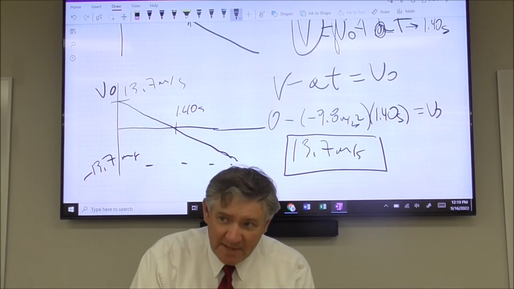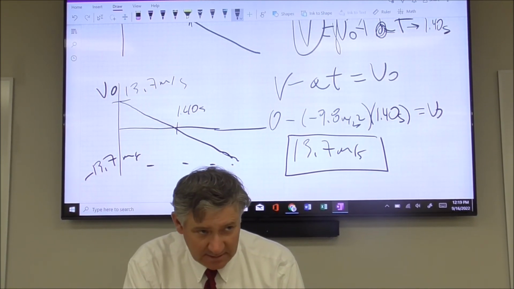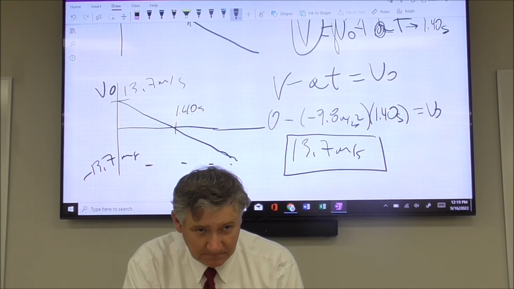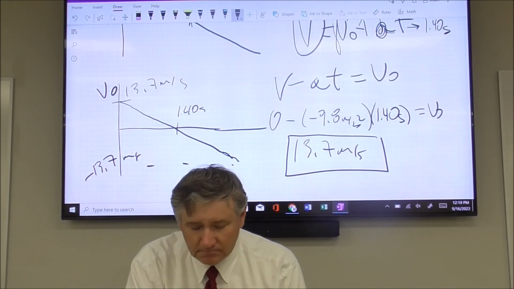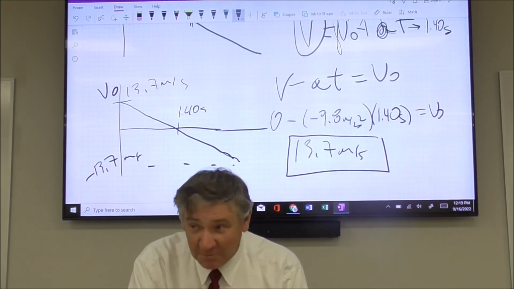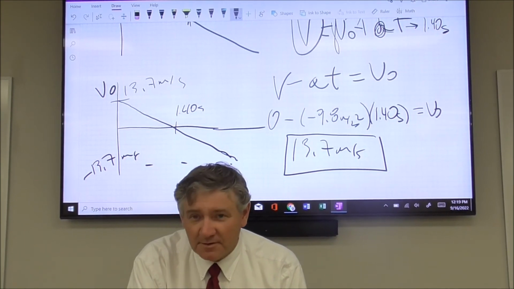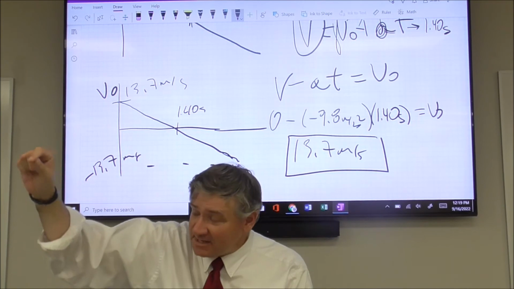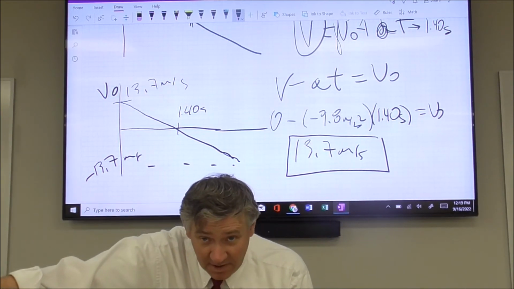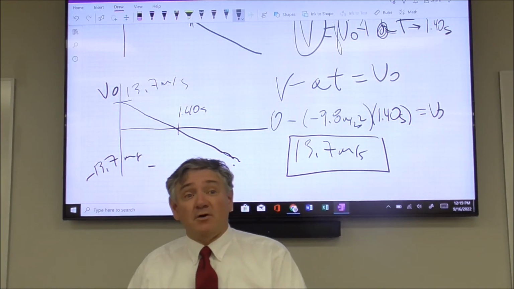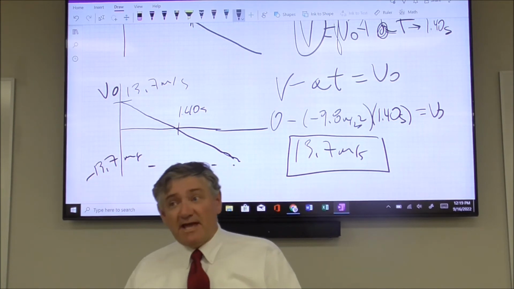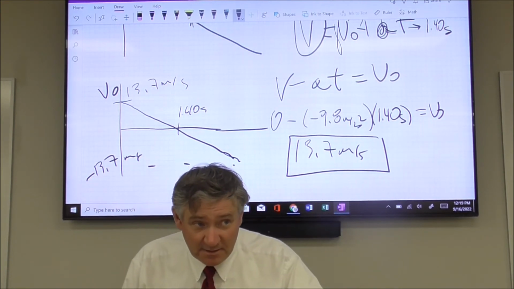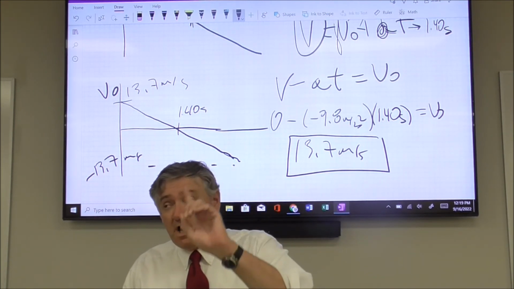What is the speed of the ball when it lands? 13.7, because it doesn't have direction. Speed is a scalar quantity. Okay? So it's going to launch and land with the same speed, but it will not launch